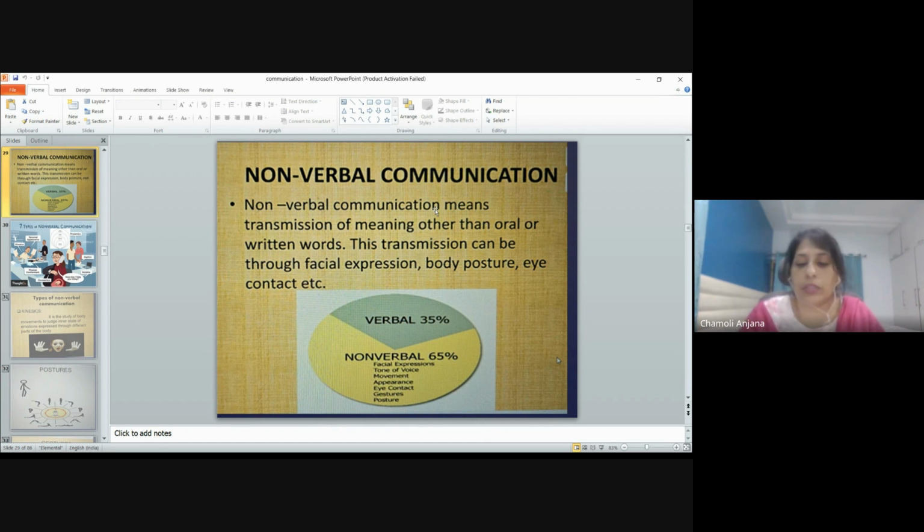If you just shrug forward, it shows you are very careless. If you are just at the edge of the chair, that shows you are lacking in confidence and are very nervous. If you occupy your chair properly and sit straight, that shows that you are confident. Some people have the habit of biting nails, which shows that you are nervous. Some people will tap their legs or tap the pen, which also shows that you are a bit nervous.